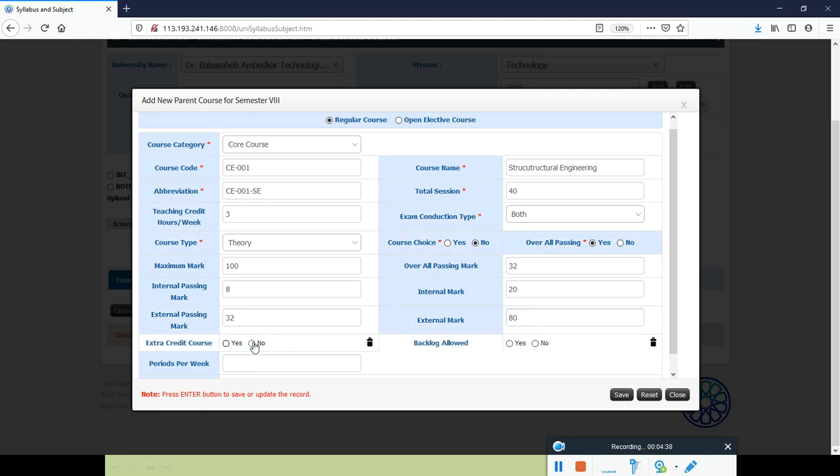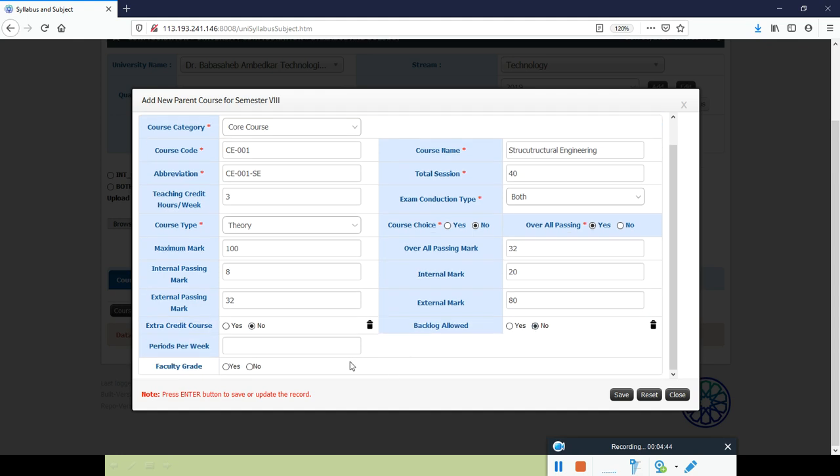Extra credits of course needed, just put no. Whether you are allowing backlog, no. Periods per week may be 4 or 3 according to your course structure. And whether you are allocating a faculty to give the grade, just put no, because this subject is not an internal evaluation, and you can save it.